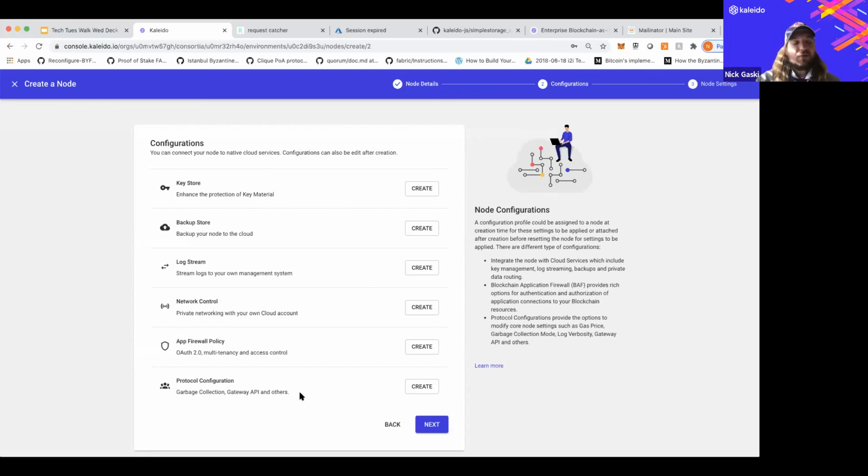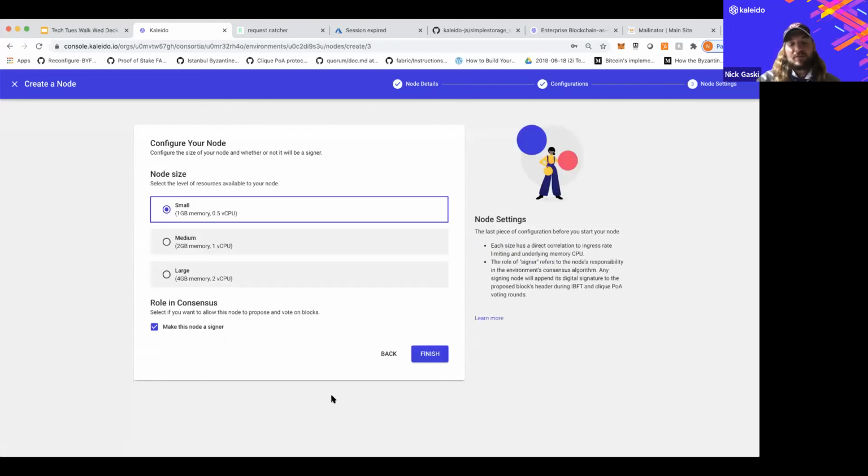And then lastly, rich configurations at the protocol level, running your node as a full archive node, for example, or changing the logging level for your node. So all of those are available for you right there, and those tick off a lot of those critical enterprise IT requirements. And then the last one, as we're going through just this initial runtime orchestration layer, is that there is no one size fits all.